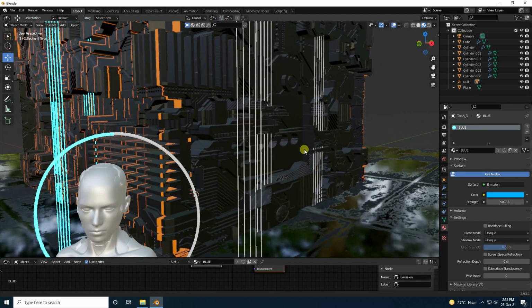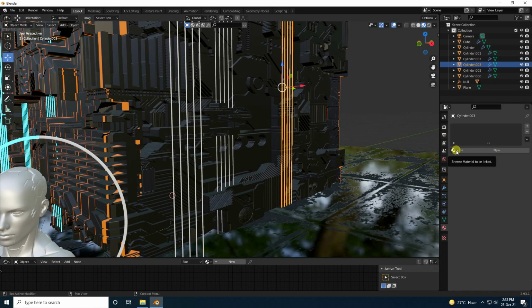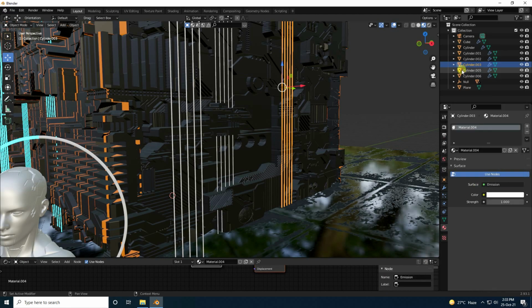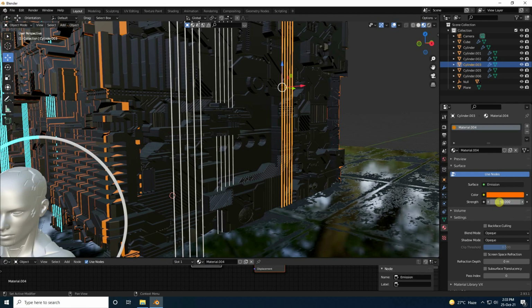Okay, so guys, go to the right side, my right side. So select this one, and this time I apply orange material. So click on here, new, and guys, surface emission, and color I use orange 0.025, and S I take 1, and strength I like 50.